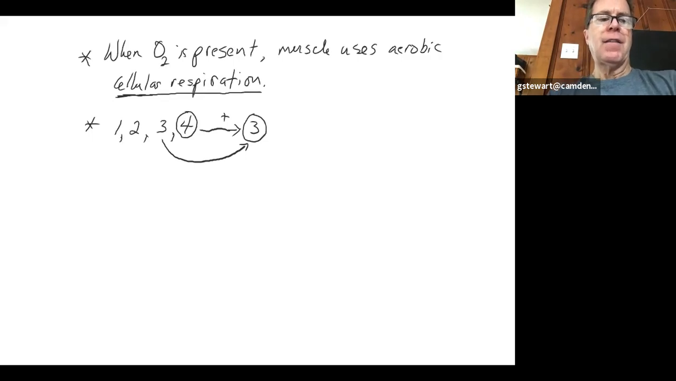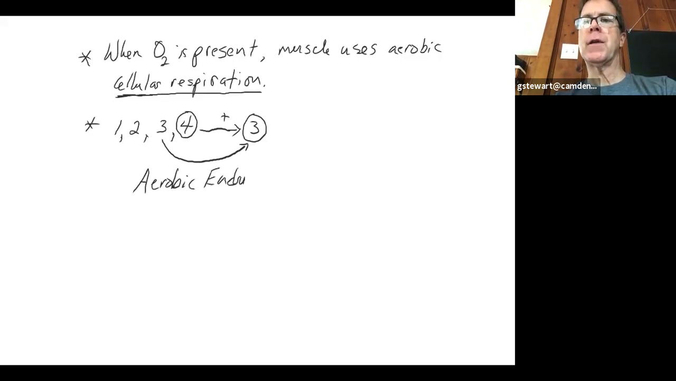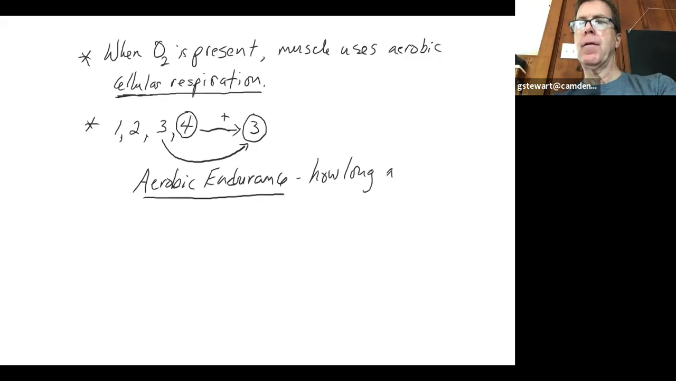So the length of time that a muscle can continue to contract using aerobic pathways, we talk about something called aerobic endurance. So I'm going to write that out. There's a term called aerobic endurance. It refers to how long we can sustain an activity. How long a muscle can continue contractions